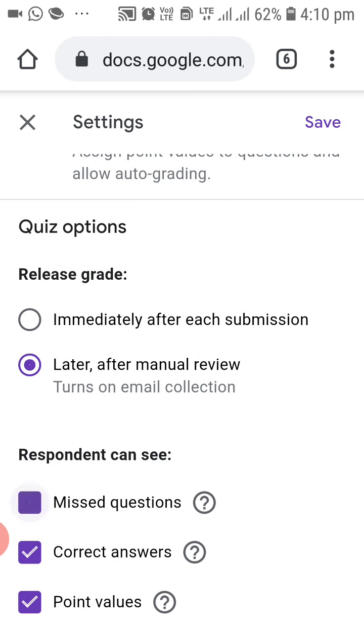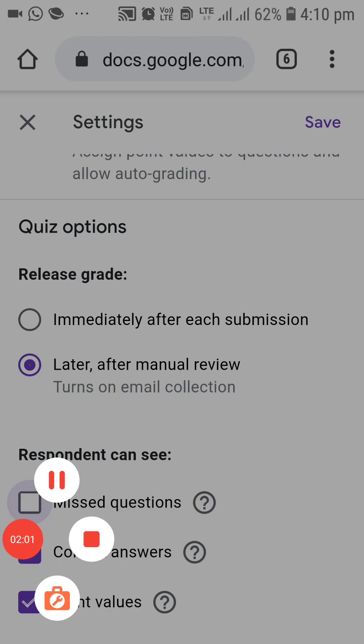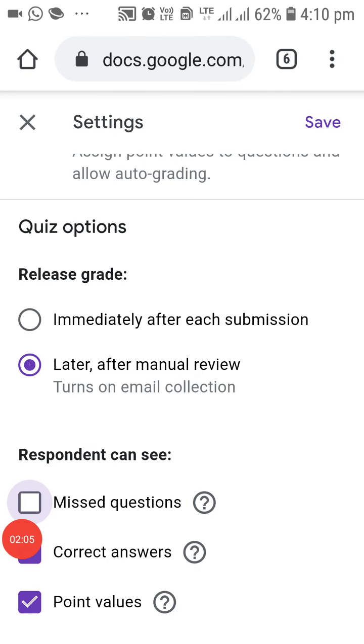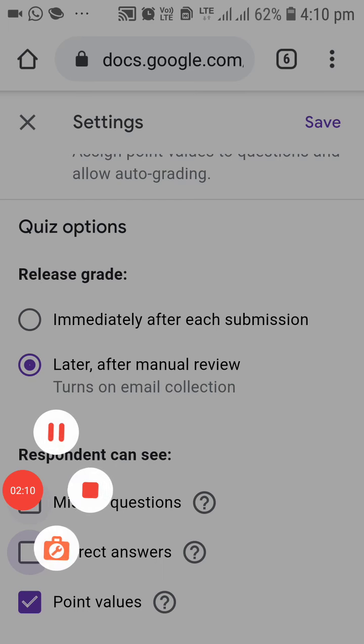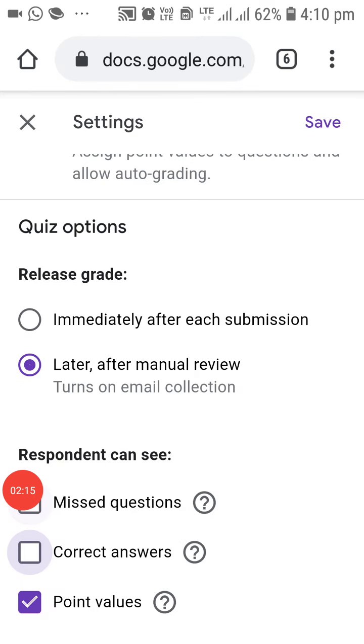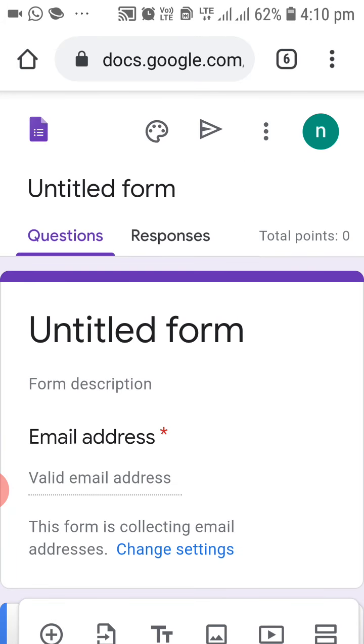Then missed questions, we don't need. Then correct answers, point value, you have to click on point value, right? Then click on save. Now the settings are saved.